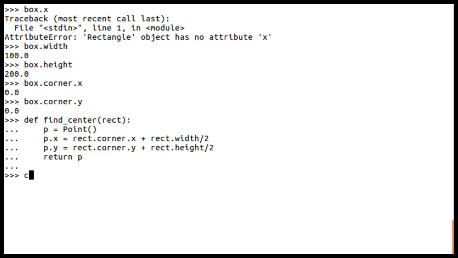So now we can call this function and store the return object in an object called center. Center is equal to find_center, and here I will pass the box object. Already these are the attributes of box. Width is 100 and height is 200. The center we should get is 50 and 100 because this particular rectangle is at the origin. So let us see,